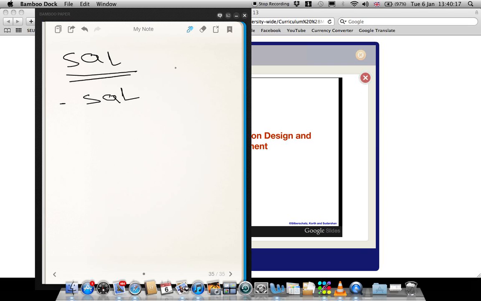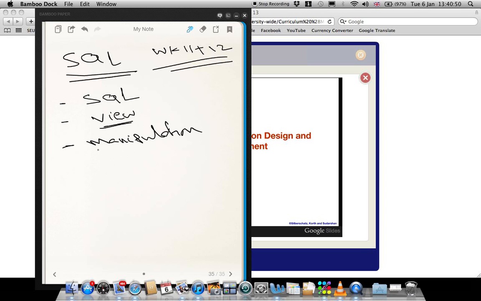So we were talking about weeks 11 and 12. Concentrate on the SQL. All the coding that is given in the slides, you will not get code that is outside the slides. Concentrate on the view. What is the view and how to create tables in the view and so forth. Again, SQL manipulation, like modification,